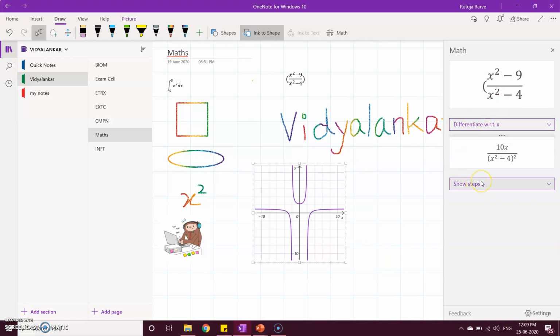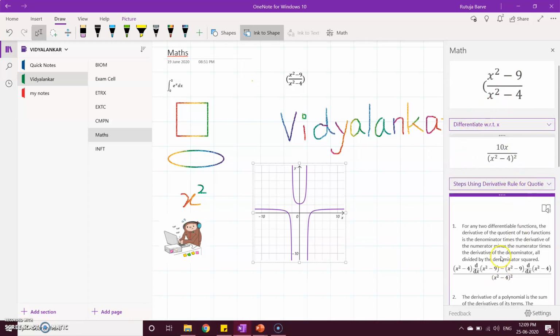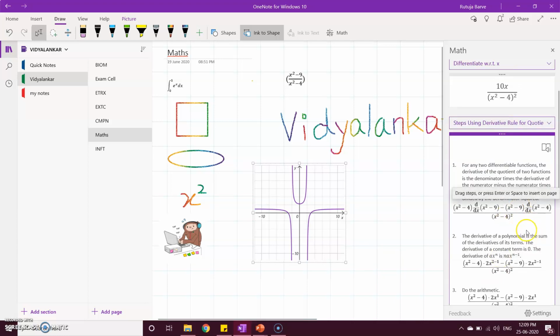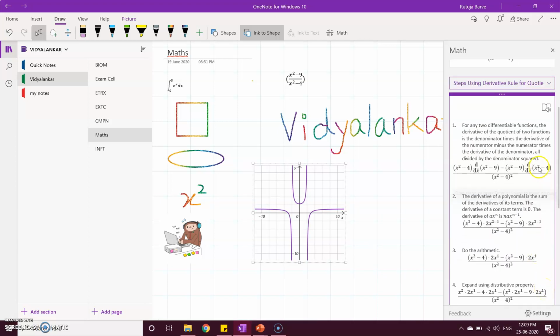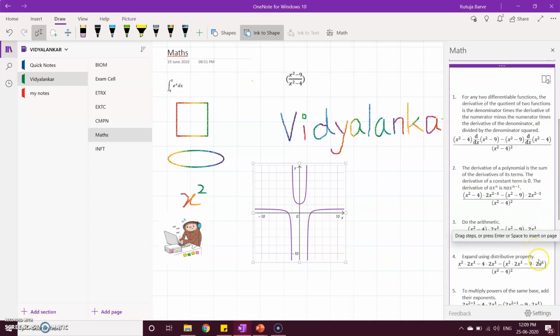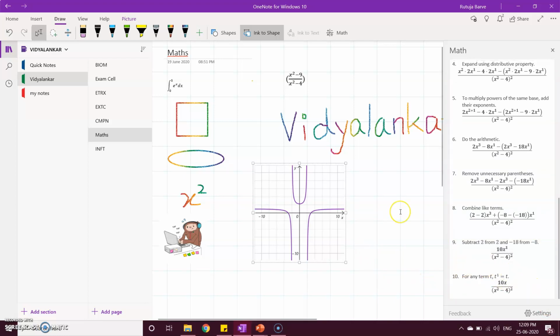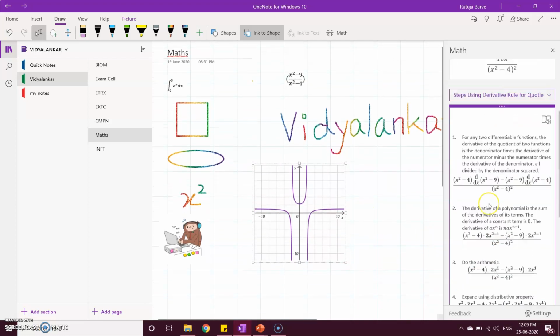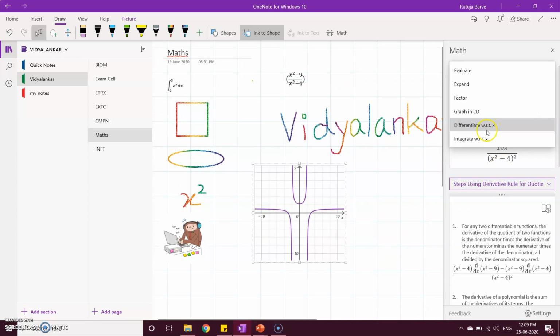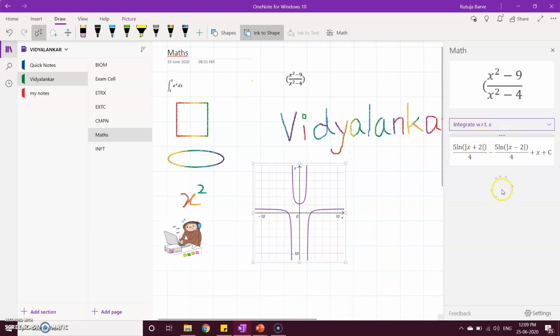In some cases it shows the steps as well. That's why I said mathematics teachers will definitely love this feature: just give the equation, it solves for you, and students can refer to this. The entire equation is solved and all the steps are shown here. Not only differentiation, but integration is also possible. Just click on integrate, and it integrates here. It may not show the steps for some complicated solutions, but at least it solves the equations, which is a tough job. Typing these many things really is hectic.